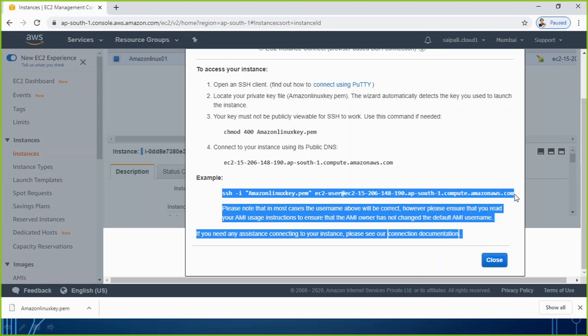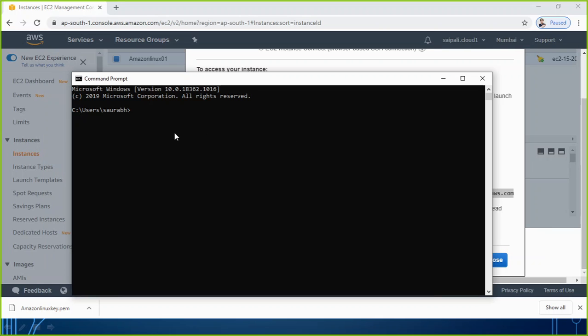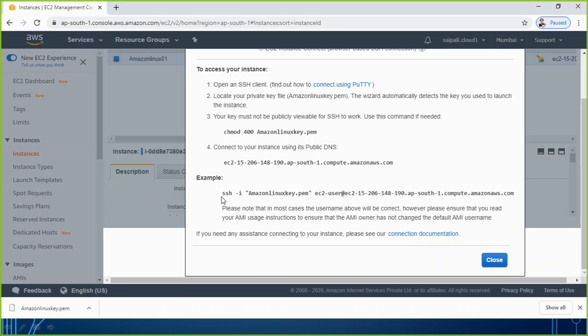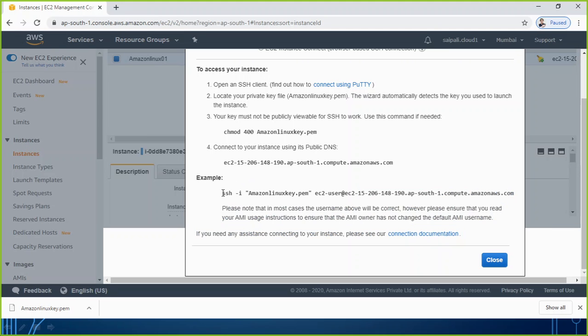You can copy this link and I can paste it in my command prompt. Let me repeat the process. This is exactly the command. Why am I copying it? Because it is not only the command, it also has the exact username plus the public IP address of that instance. So this is what the exact whole address is. So I am copying this